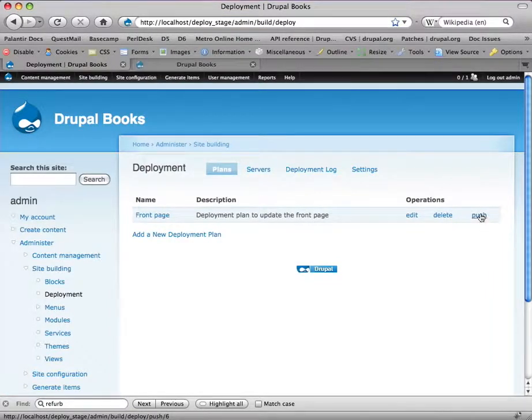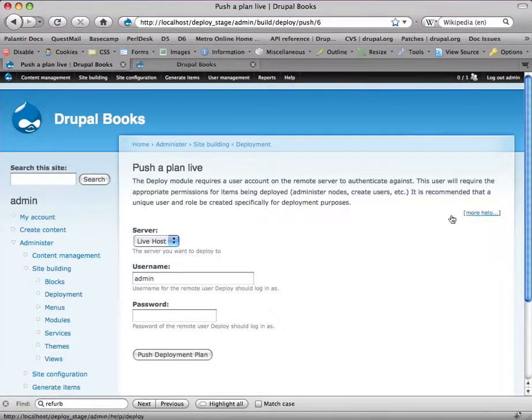Here we can just click the push link, and we're given the option to choose what server we want to deploy to. And additionally, we need to enter the username and password for an account on that server which has the permissions to do whatever it is we're doing, creating nodes, adjusting system settings, creating taxonomies, etc. All deployments run under a user account so that Drupal's permissions are always respected. So I've got deploy user and a password, and all we need to do is click the magic button